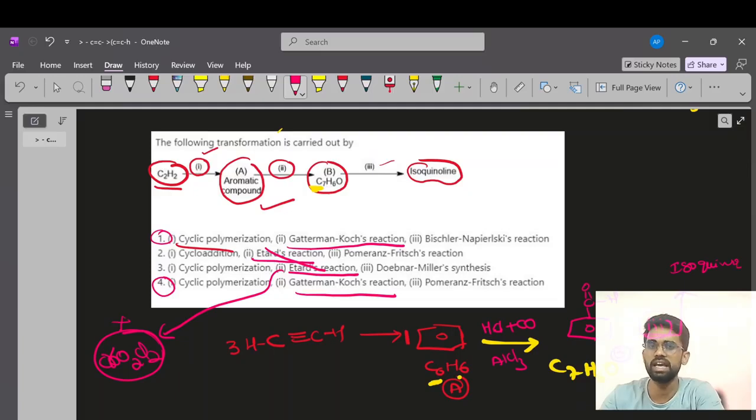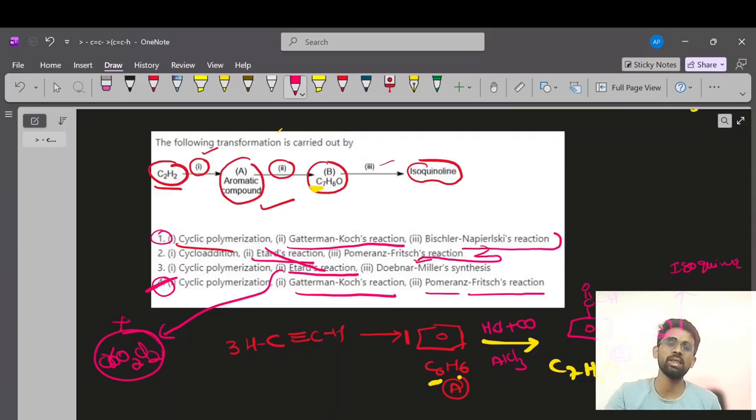So this reaction is particularly the Pomeranz-Fritsch reaction. What is the name of this reaction? Pomeranz-Fritsch reaction. So definitely our option 4 will be perfect. See, Bischler-Napieralski is also used for quinoline or isoquinoline preparation, but here it is not the one to be used. Now once you go through these reactions, you might not be familiar with the Napieralski reaction as well as the Pomeranz reaction,